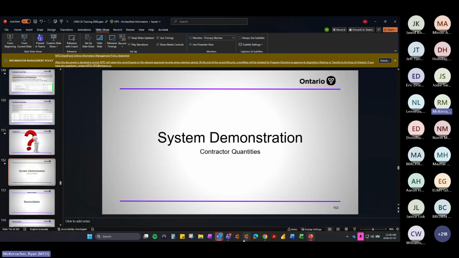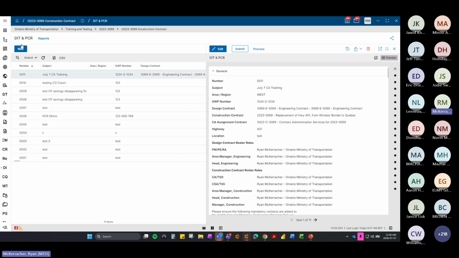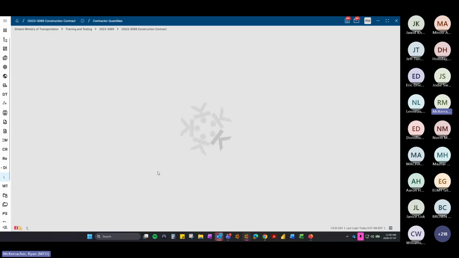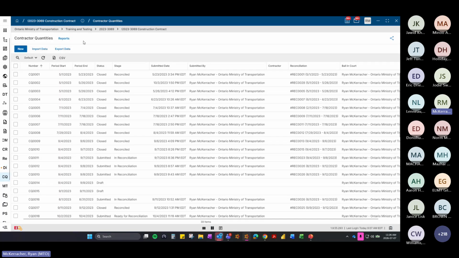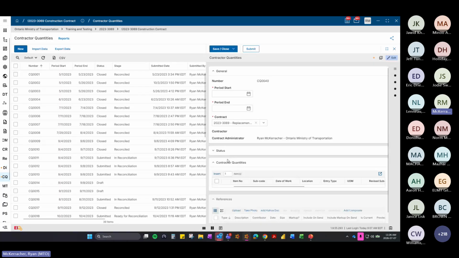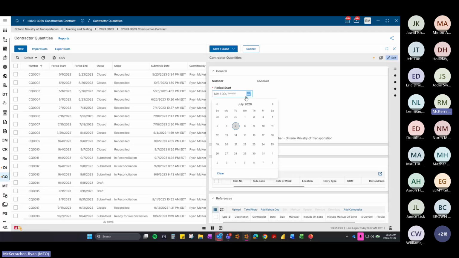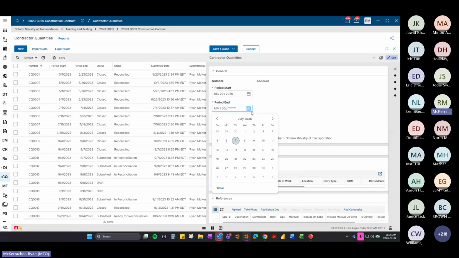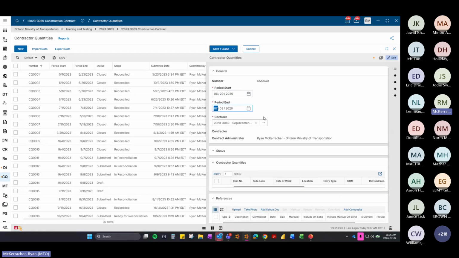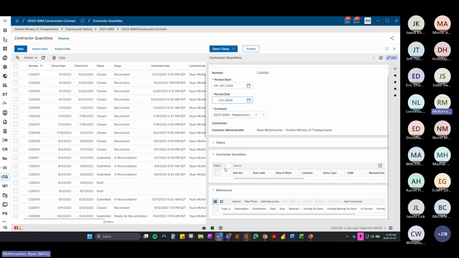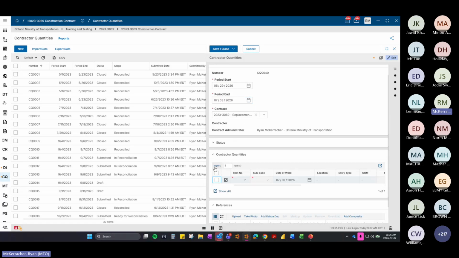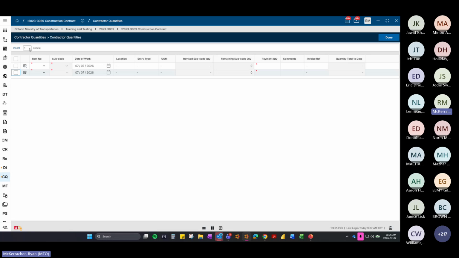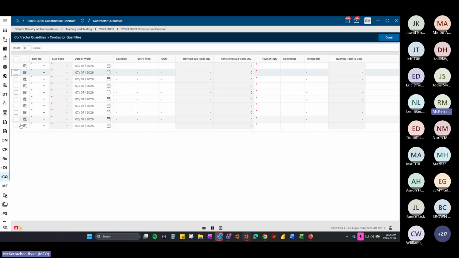We'll do a super quick one here because I think it's pretty straightforward and you don't need to see too much about contractor quantities, but I think it's valuable for you to see what they're doing. So they choose a from to, so let's do last week's quantities here, the 29th to July 3rd. All I do is simply insert lines. I can come here and click show all. I can say add 8 lines and it'll give me 10. I can delete these